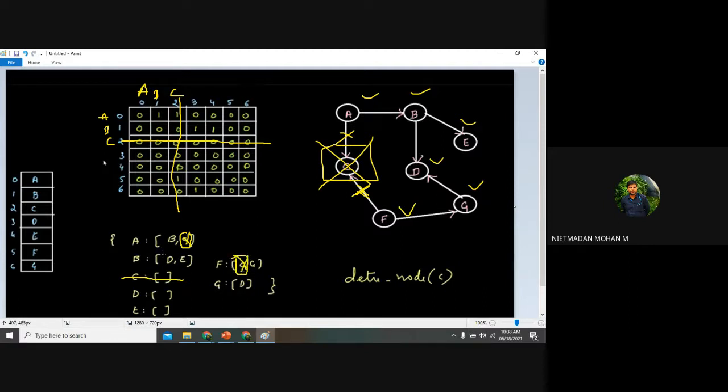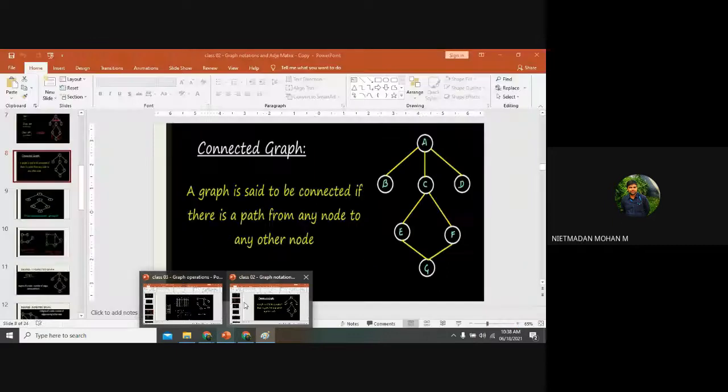After deleting this, the list will be represented like this. In this A keyword, only one vertex will remain, that is B. And for the F keyword, after deleting C, only one vertex will remain, that is G. You can see that in the graph also. So for F we have only G, and for A we have only B, after deleting vertex C.